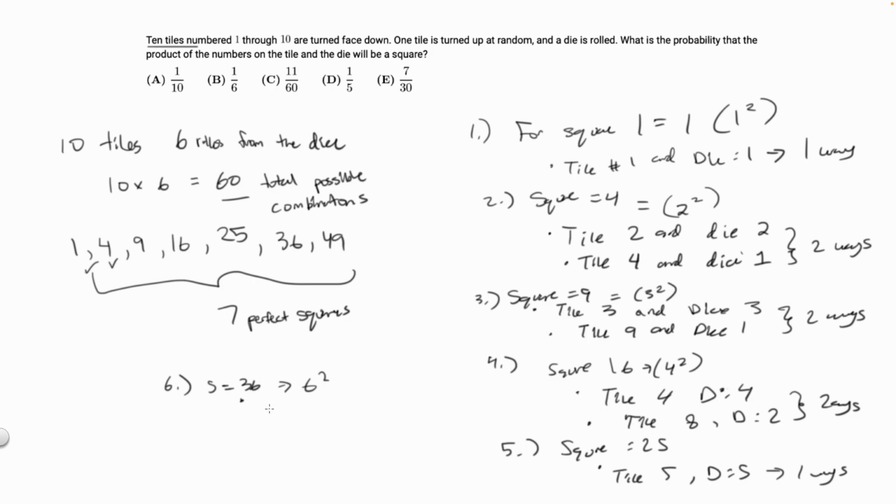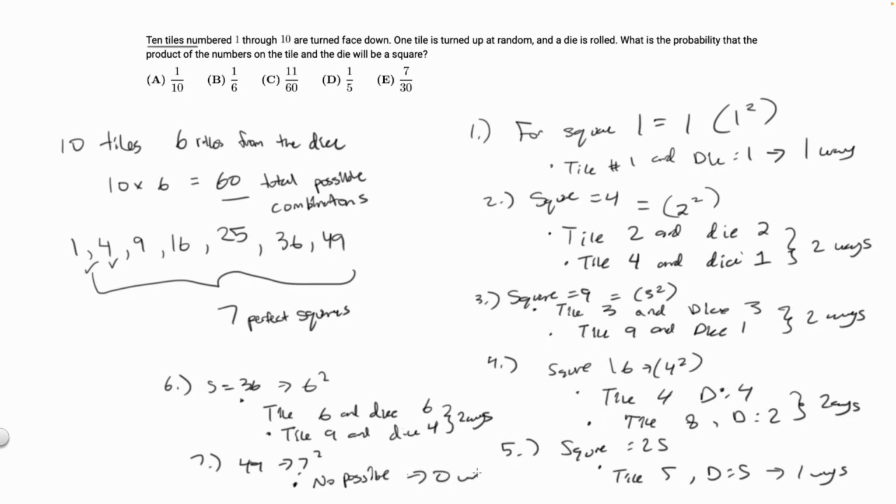For this one, we also have tile 6 and die 6, or we can have tile 9 and die 4, 2 ways. Last one is 49, which is 7 squared. For this one, there's going to be no possible combination, since we don't have anything greater than 6 on the dice, and we can't get it by itself from the tile,